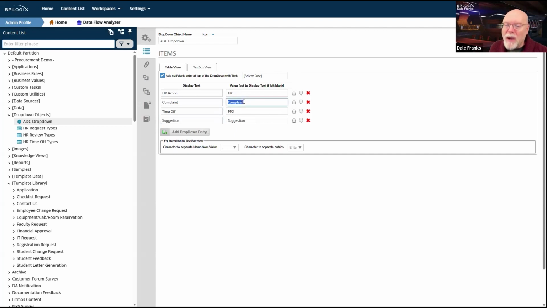So I want to make my life as easy as possible whenever it comes to setting the value, because I'm going to have to use these values in a condition, or actually an entire series of conditions. And since I'm going to do that, I want to make this as simple as possible for me.